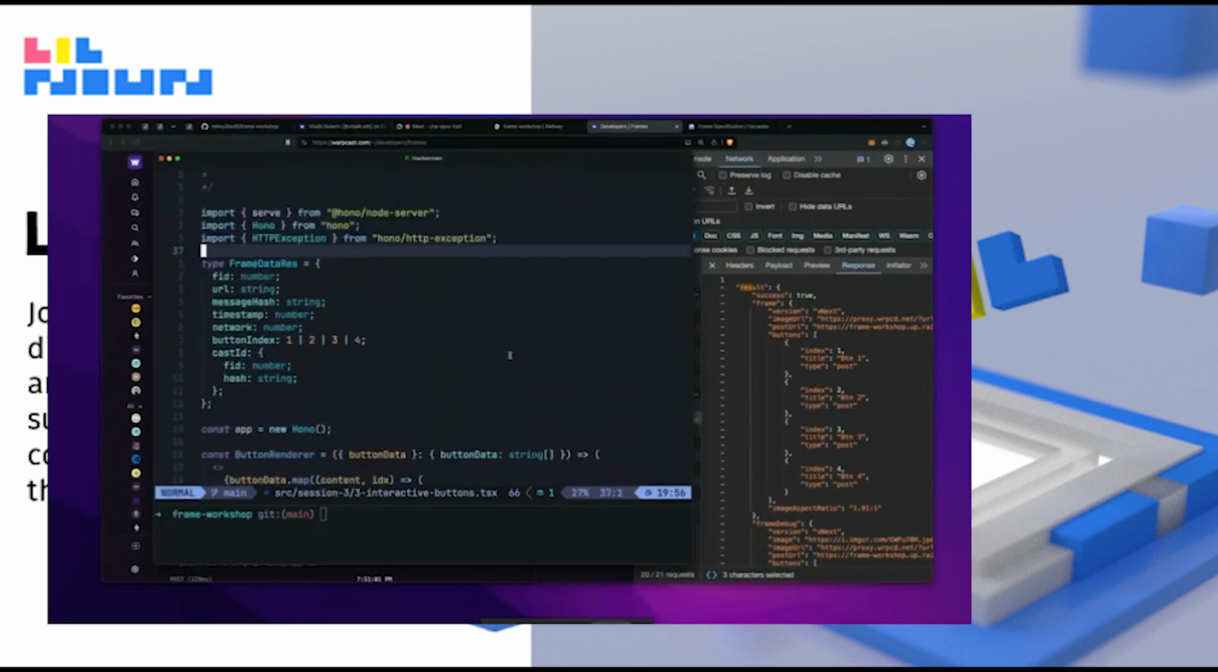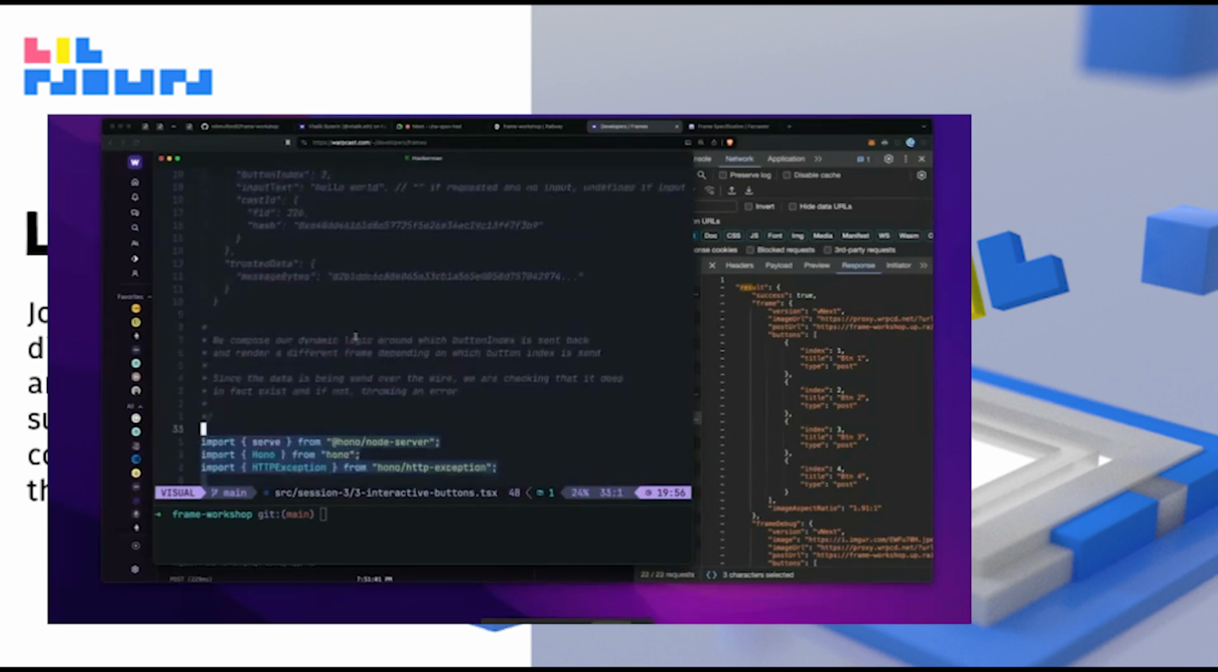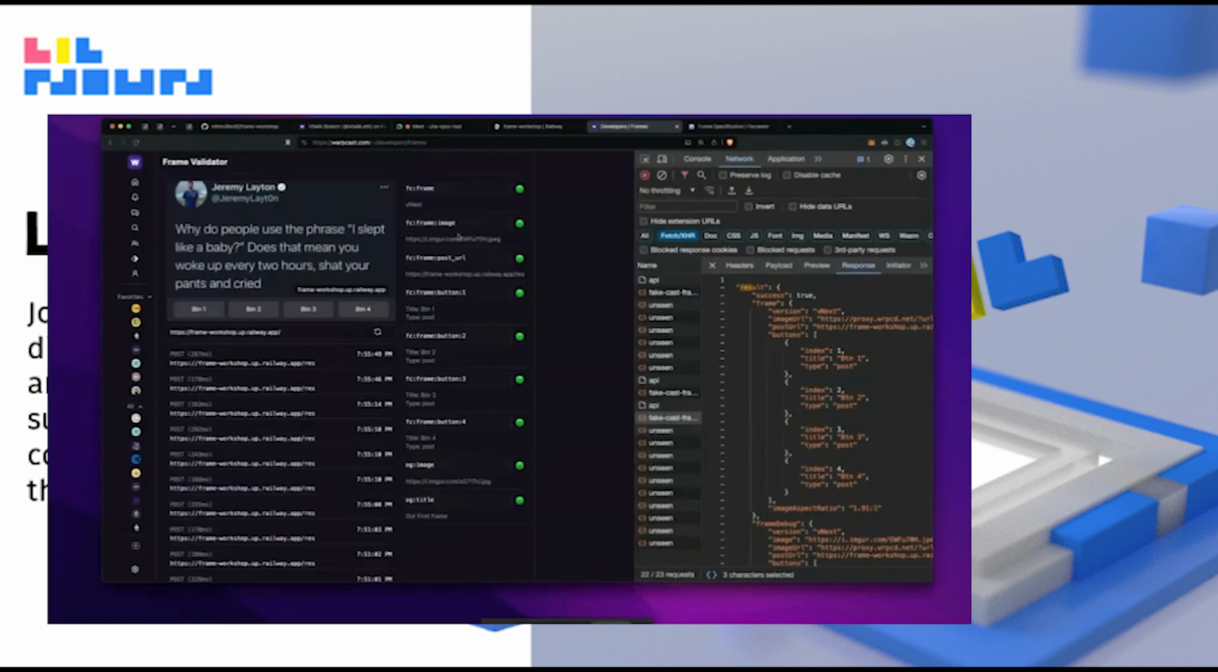Back down to our layout here. So yeah, we take in the dynamic post URL, or we specify a default one. That way the frame functions regardless. So what happens is whenever you hit that button,